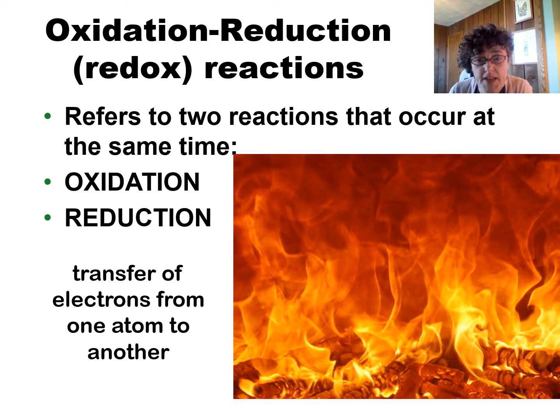And this is because electrons have their own mass, so they are matter, and we know that there is a law of conservation of matter. Therefore, we cannot have disappearance of electrons or electrons coming out of nowhere. So we need to account for those electrons. Whenever there is a species that's losing electrons, the implication is that there has to be another species taking those electrons in. And also the implication is that when we balance oxidation-reduction reactions, we need not just to balance the atoms, but also the electrons.